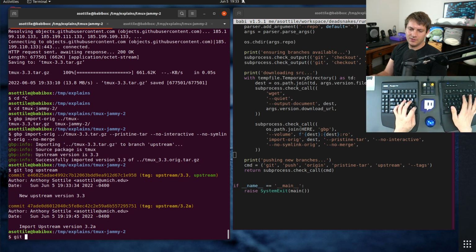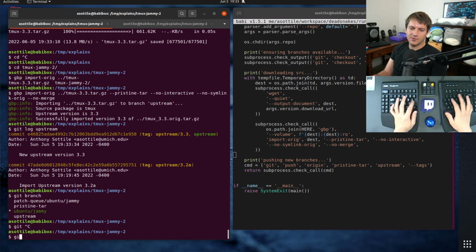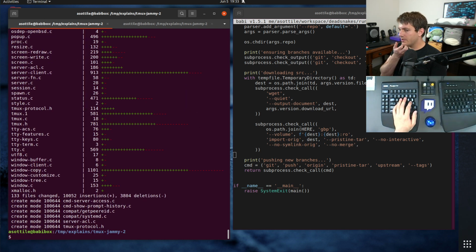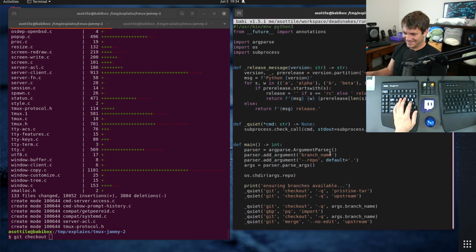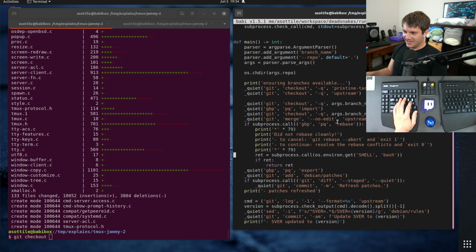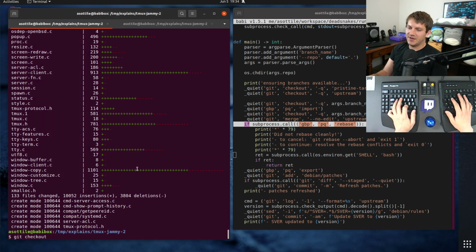Then we need to merge this into our branch. So we're going to, what branch are we on? Yeah, so we're going to merge upstream into our branch. Now, this is going to break all of our patches. So we need to go back to our patch queue. Git checkout. Wait, how do I do this? Oh, there's a refresh patches script. So we need to gbp pq rebase to get us back to our